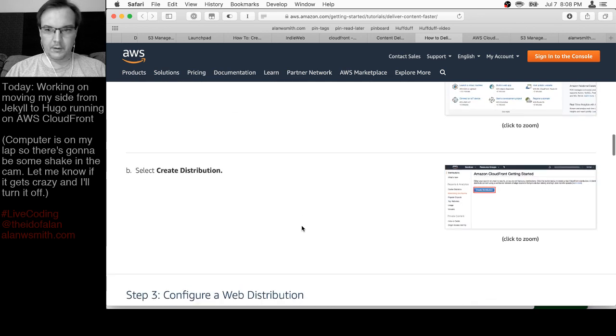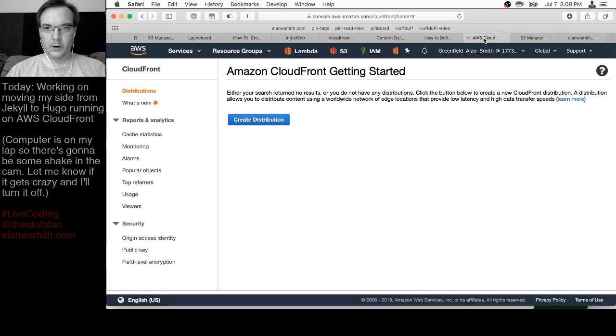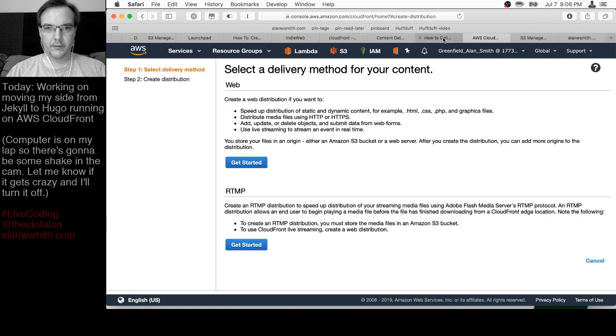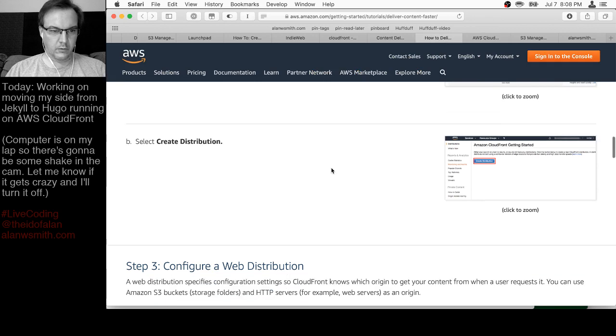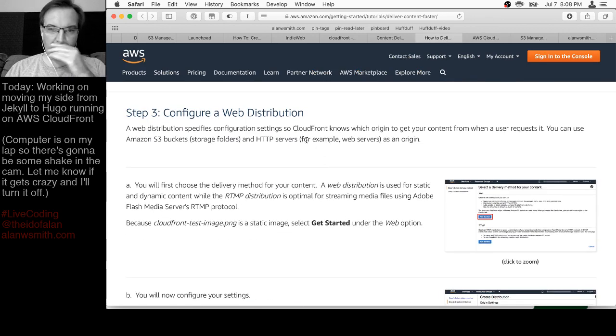All right, this I've never done before. I've made S3 buckets before, and I've done file uploads. I do that all the time. I've never done CloudFront stuff before, at least not from scratch. So, configure web distribution. I have read through this a little bit, so I can burn through it